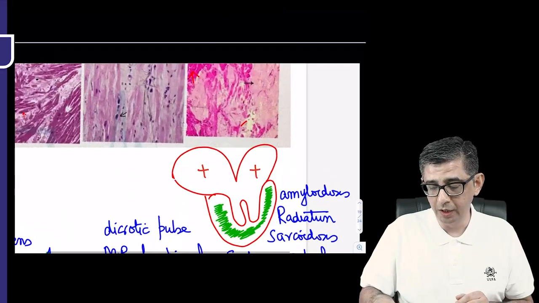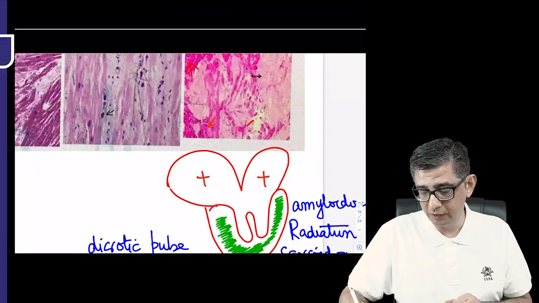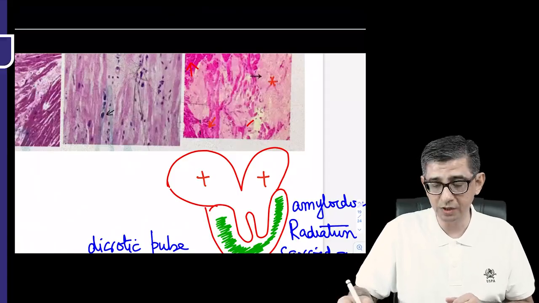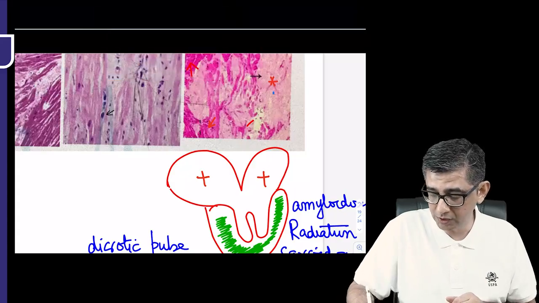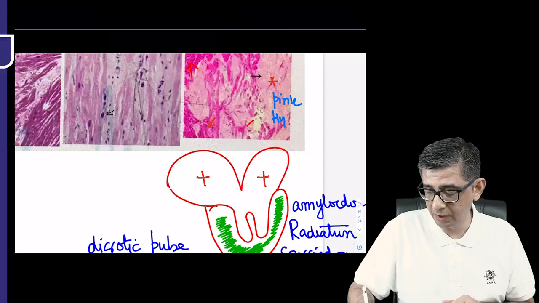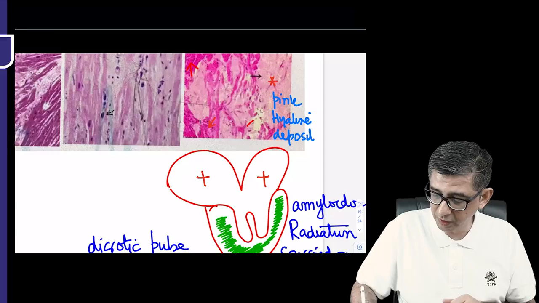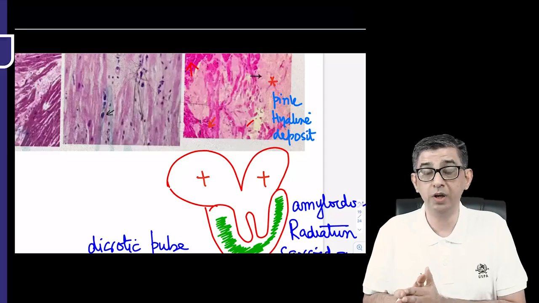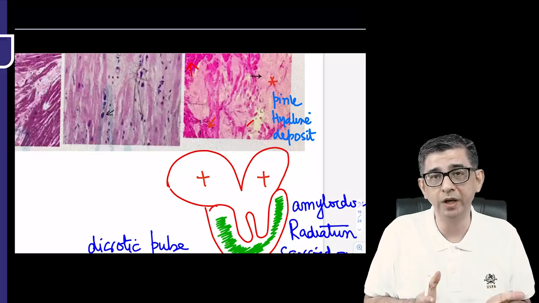And in this slide, where you are able to see some of the myocytes, there are these pink hyaline deposits. This particular area that I'm highlighting at the moment, where you can see this pink eosinophilic deposit where I put in a star mark, this pink hyaline deposit would be that amyloid protein which is deposited in the myocardium of the heart, making it stiffer, and therefore symptoms of peripheral pooling of blood would ensue, because if